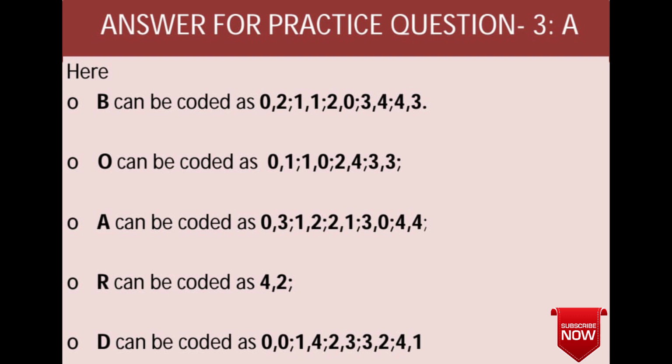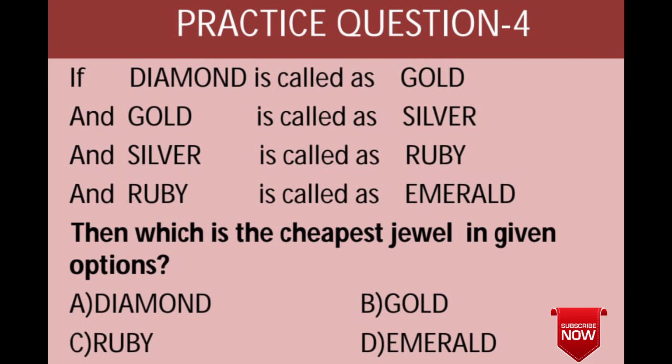So I told you in the example that here, the options play a major role in matrix coding. So you have to check the options and you have to take all the forms which can be formed for one letter and you have to match with the options. So if you match it, you will get the option as option A, which is 0201 2142 and 41.